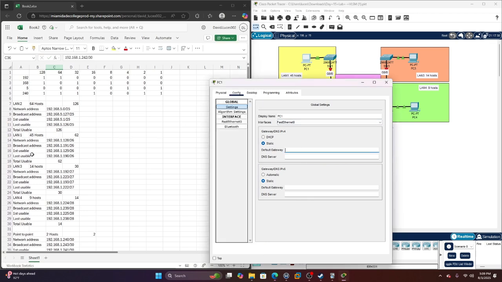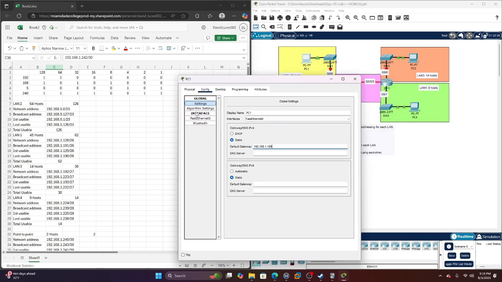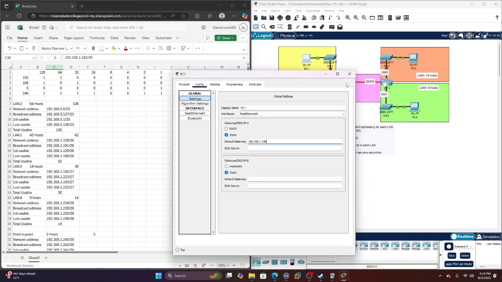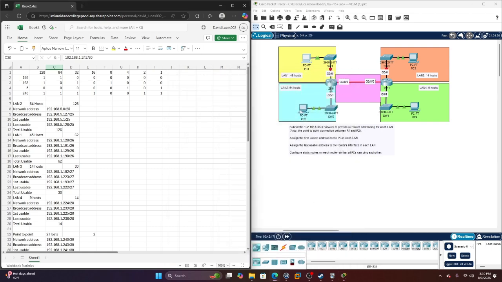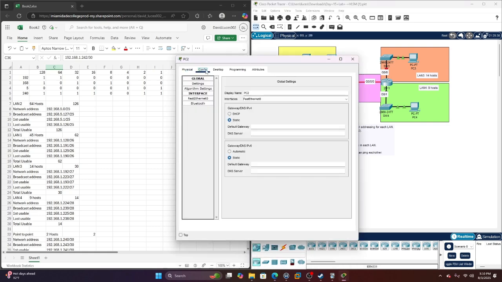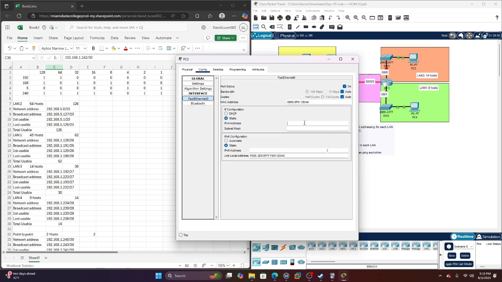So for LAN 1, our last usable address is 192.168.1.190. Okay, so that's our first PC setup. We can close this. Let's do PC2, which is LAN 2. And we're going to do the IPv4 address. The first usable one is